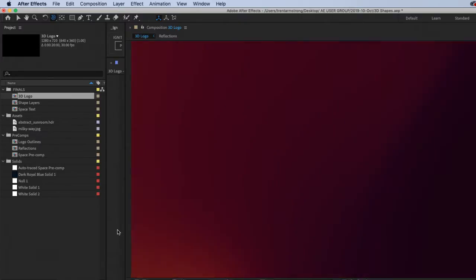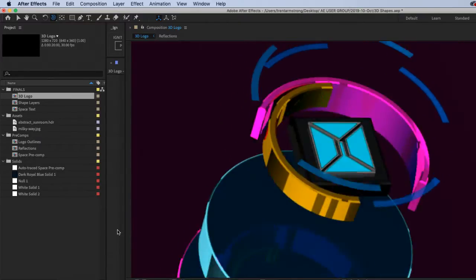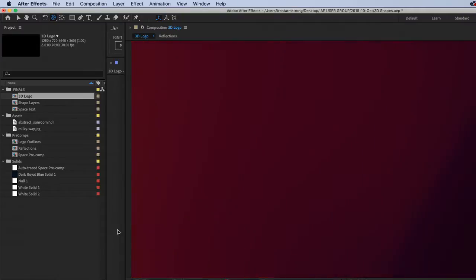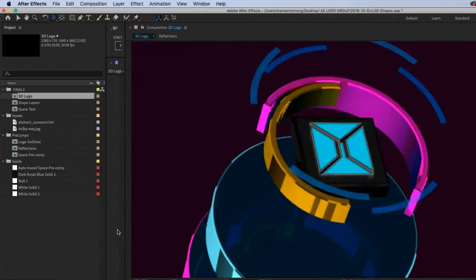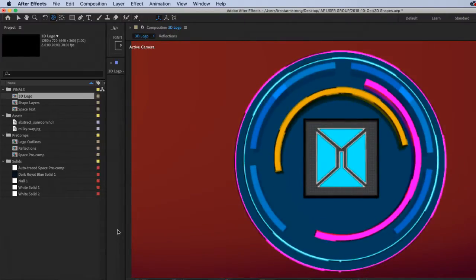Shape layers in After Effects. Yep. You didn't even know. It's amazing. Cinema 4 what? Well,